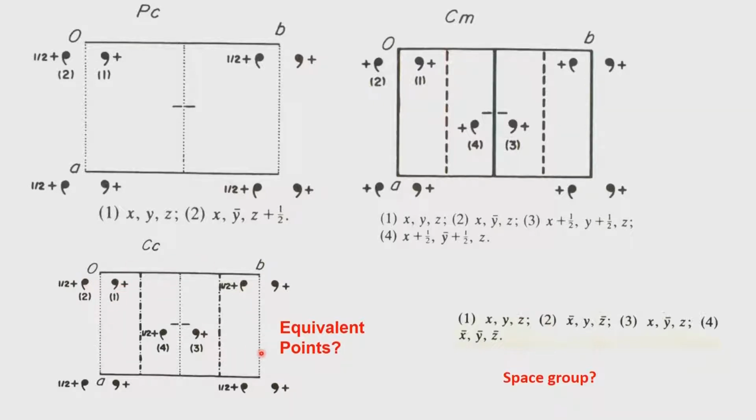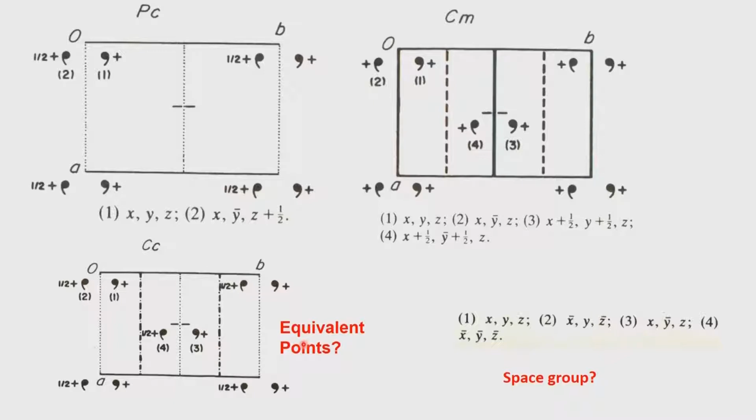I want you to write down the equivalent points. This is a home exercise. I want you to write down what is the value of 1, what is the value of 2 in terms of x, y, z and this kind of equivalences, which we have shown in case of CM. Modify the CM equivalences to generate CC. It is not a fairly difficult job, it is a very straightforward job. So you should be able to do that.